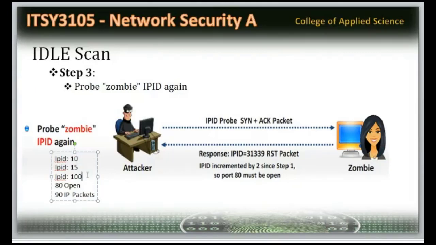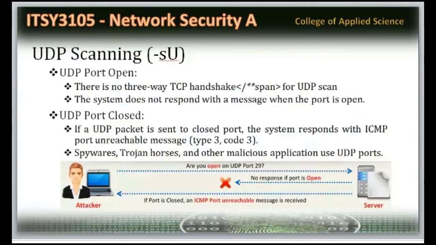Then I'm doing it after 1 hour. I'm getting the IP ID as 100. So what is the conclusion? The conclusion is that port number 80 is kept open in your machine for almost the past 1 hour. And in the past 1 hour, this many packets you sent from your machine. I'm reading about you. So this is called the idle scan method. Up to this point, now I'll take you to the slide.